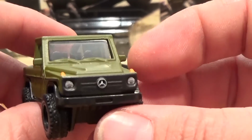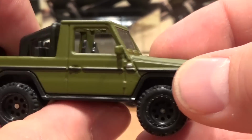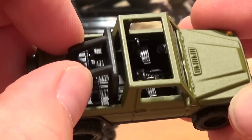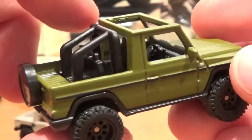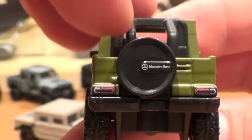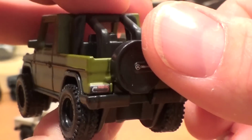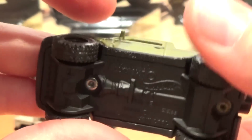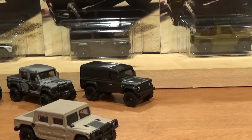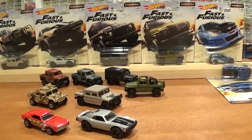Look at this thing. Mercedes. Got the emblem on the grill. Got the pinstriping down the side. Roll bar in the back. Very chunky roll bar. Got all those seats. Spare tire. Mercedes-Benz on the spare tire. Detailed reverse and brake lights. All metal. Smells amazing. Okay, one more vehicle in this show, and that is